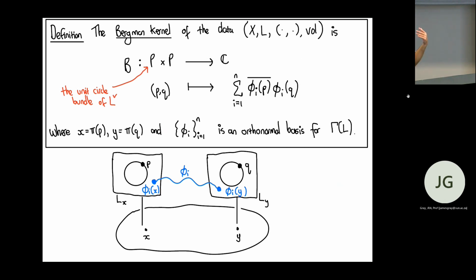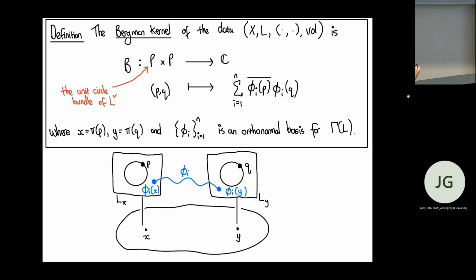Whereas before I had the Bergman kernel for a domain in the complex plane, now I've got the Bergman kernel for this line bundle. So how do I define it? Exactly the same formula as before. I take an orthonormal basis for the vector space of sections, and I form the same expression that I did before, the sum over φ_i bar times φ_i. And I just have to interpret what those φ_i's are, but you can do that. So at the end of the day,